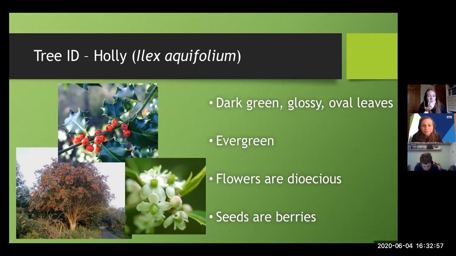And these are also quite a small tree. Holly's a really interesting one. I was walking around my park before, collecting all these leaves that I'm going to show you in a minute. And there's just so many different holly trees, so many different shapes. So like we were saying last week,